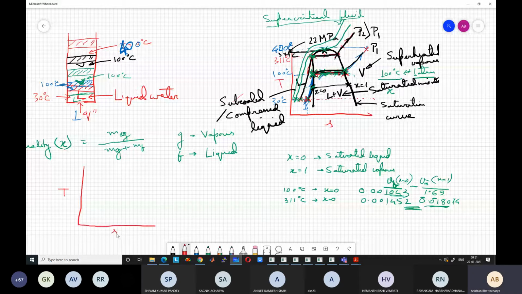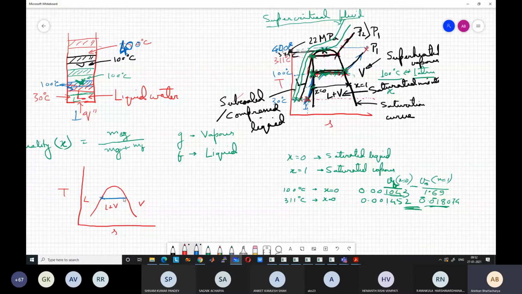Again, the same thing. This is liquid plus vapor, and vapor. Okay. Same diagram. I'm redrawing it because it looks very complicated here. Now, say at a certain constant pressure, this is x equal to 0 and this is x equal to 1. Again, there may be some lag, so you have to bear with that. Okay, means my voice may be running faster than the mouse cursor.